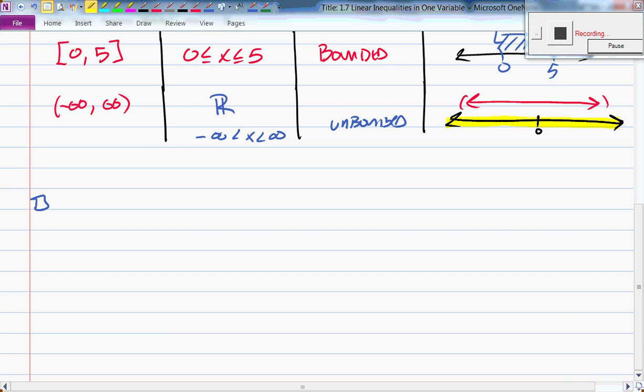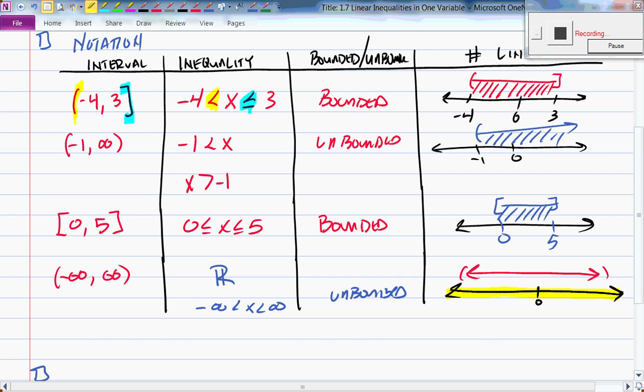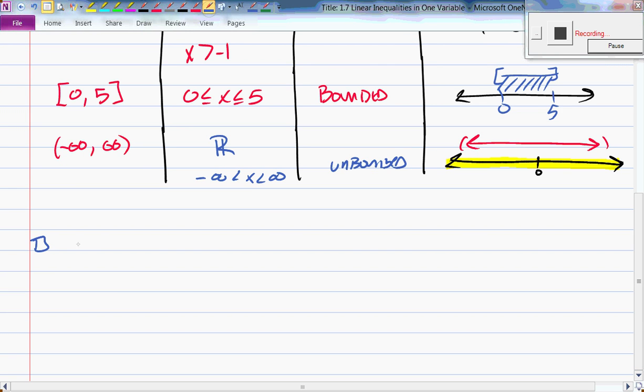Tommy? Yeah? That's a great question. Very good question. Okay, so you on board with being able to take an interval, translate it into an inequality, figure out whether that inequality is bounded or unbounded, and then translate that to a picture on a number line? Does that sound good? Everybody good with that skill? Set to go? All right, let's talk about properties